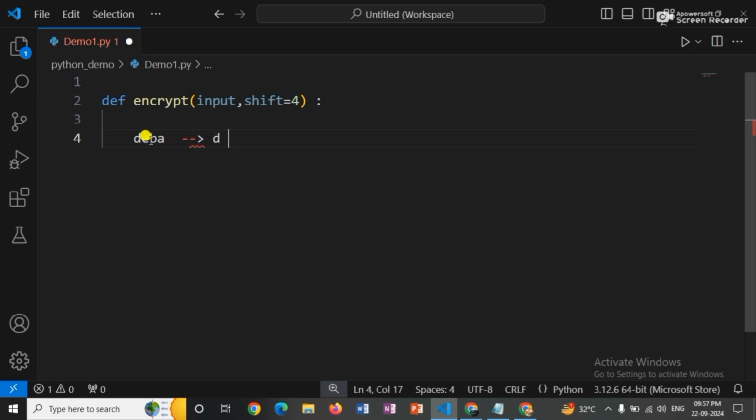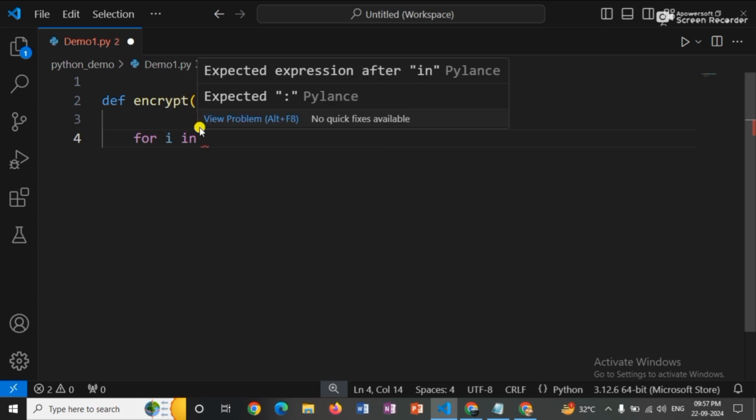So first D will be replaced, then E will be replaced, then B, then A. So basically we need to iterate over this input, and when I say iterate over, it means we need to use a loop. So let's take a for loop. The syntax is very easy. For the iteration variable we need to give a name, something like i in the source, our input,